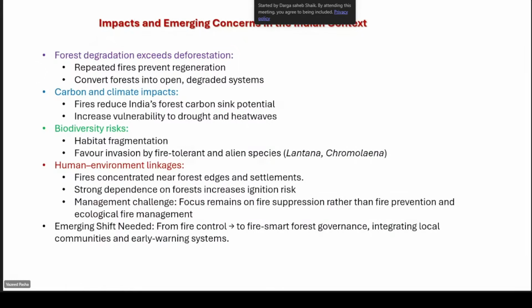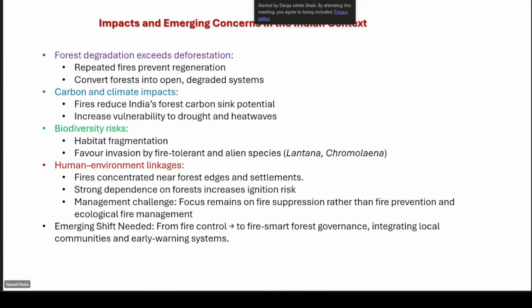But why do we need to study this? Because forest fires in India are mostly surface fires, which cause forest degradation, and repeated fires prevent regeneration. In India we have a lot of native vegetation with ethno-medicinal and very ecologically important and aromatic plants. Those endemic plants are very small in number, and they will lose their regeneration because of these forest fires.